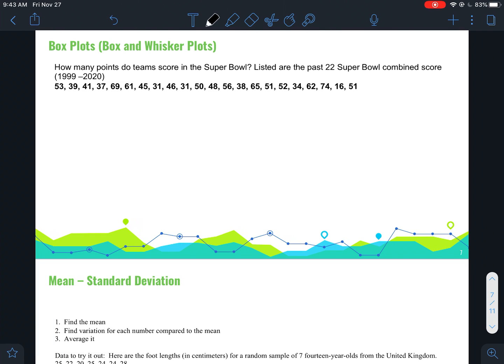So let's do this by hand and see if we get a similar looking picture. So the smallest number looks to be 16. And then any in the 20s? Nope. So in the 30s, so 31, 31, 34, 37, 38, 39, and then we've got 45, 46, 48,